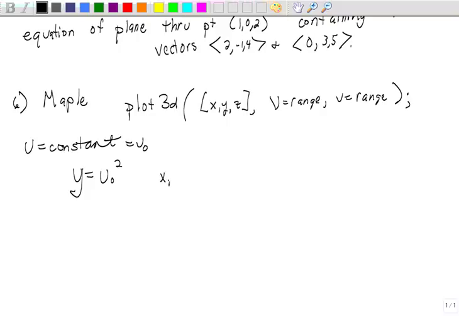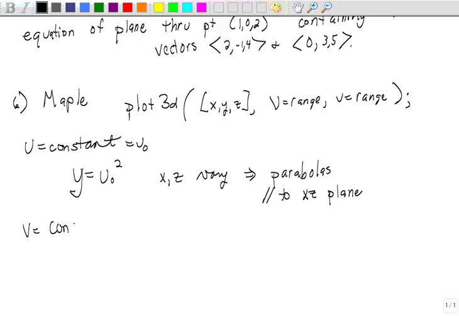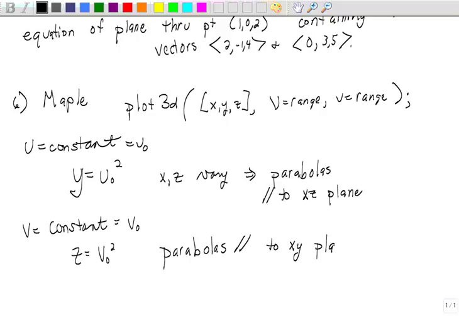And so x and z vary, we get parabolas parallel to the xz plane. And when v is constant, we get z equal v0 squared. So we get parabolas, x and y vary, so we get parabolas parallel to the xy plane. So if we go back and look at Maple,